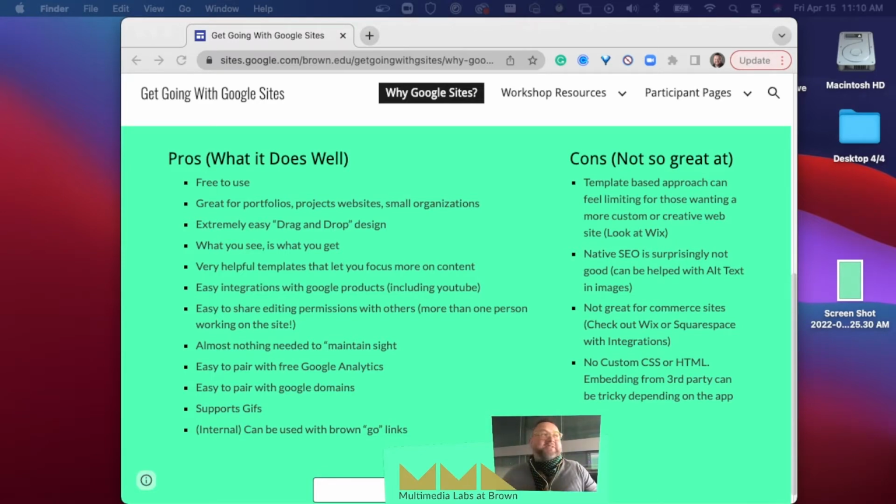It is 100% completely free, which is really, really nice. You can make as many of them as you want for free. There's no page limitations or anything like that, which is wonderful. So, what I found it to be really good for are things like portfolios. If you want to show off a photography project, or if you have a project management portfolio that